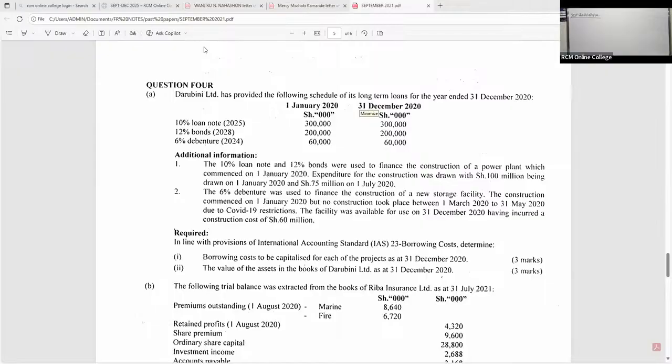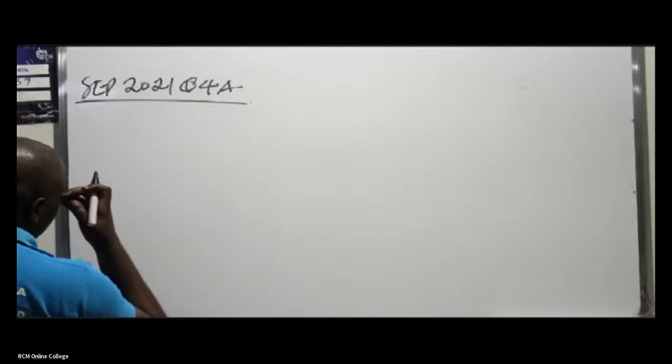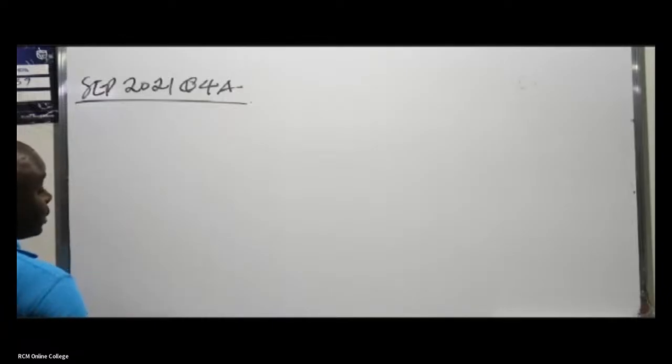Of course, for the other one, the storage facility, that one has no issue. It has no problem. It's a single loan, so that is very easy. You just directly calculate the borrowing cost during the active period of construction. So if you're coming up with the capitalization interest rate, we had already said that if an asset is financed by two loans,